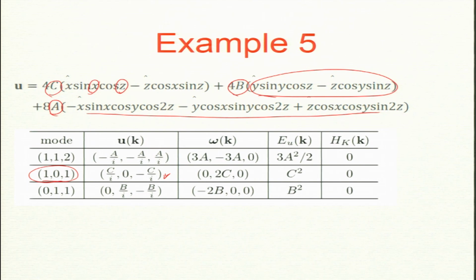yz? So, ky kz, this is 0 1 1. So, this is this one, b. What is this? Sin x cos y cos 2z. So, 1 1 2, and its amplitudes are a 3D, computed along x, computed along y, computed along z.